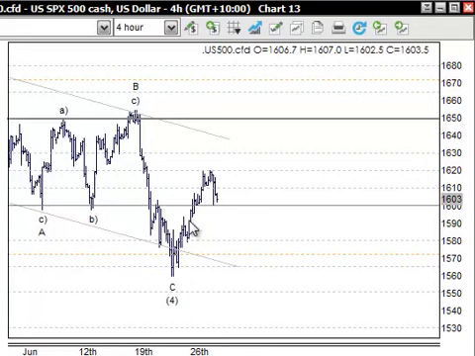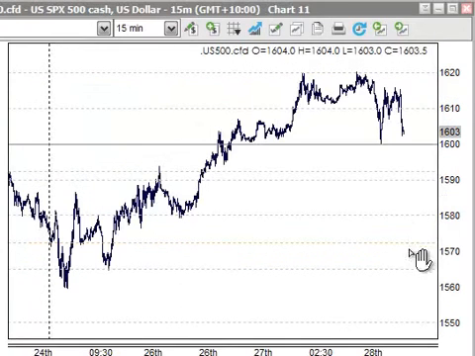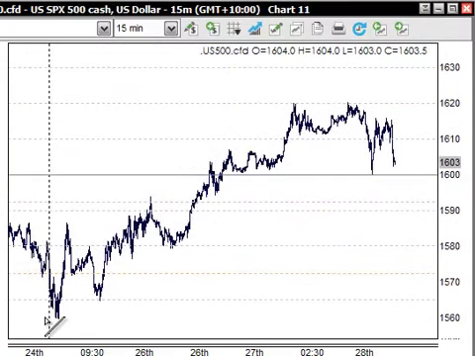However, this move up through here so far is just in a 3-wave structure. So that essentially would be this here, up for 1 here and back for 2 here. And then we've got the next wave structure up, which would be the 1, the 2, the 3, the 4, and the 5 to here. So that would basically read as an A wave to here, a B wave to here, and a C wave